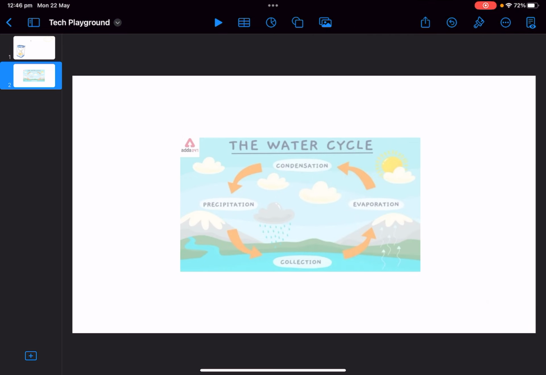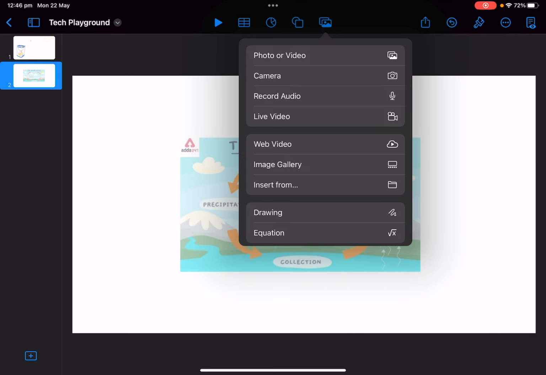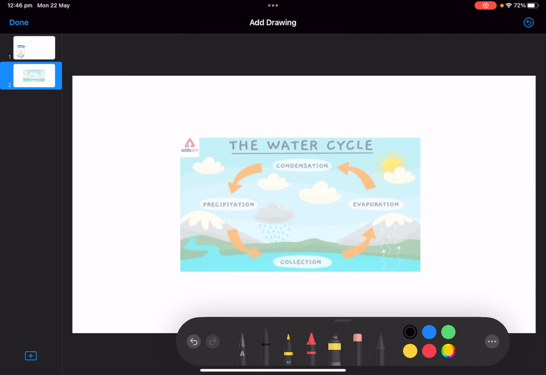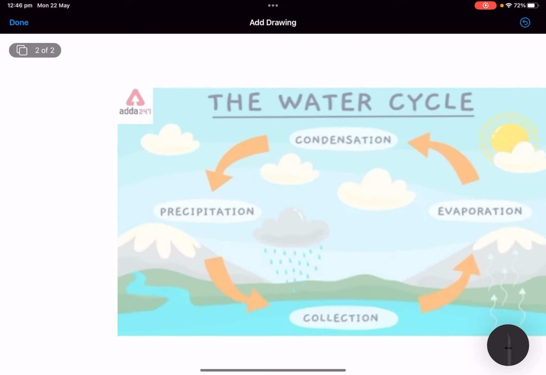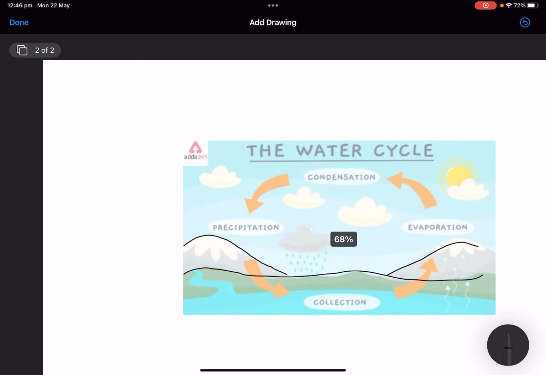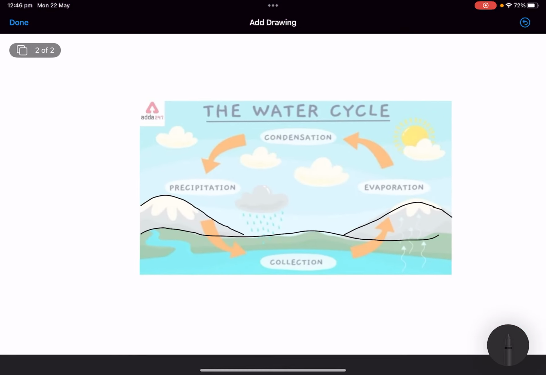So using either my finger and going to the drawing or just my Apple pencil, I'm going to trace over the components of the water cycle. Now this doesn't necessarily have to be the water cycle, of course. This could be anything that you can use in the classroom. As well, you do not have to use a photo. You could just draw